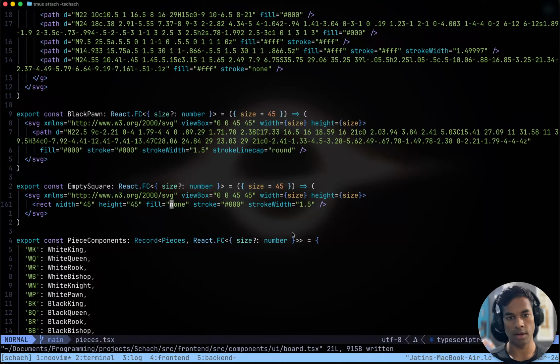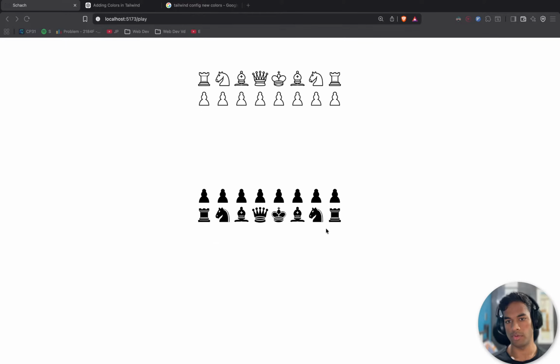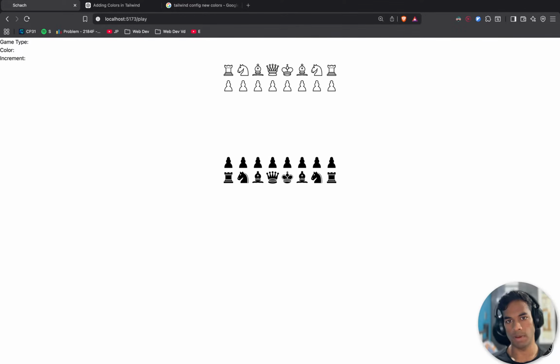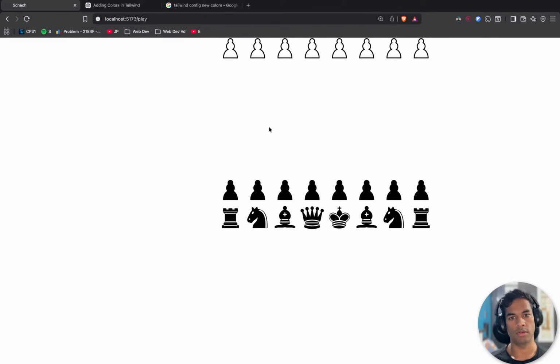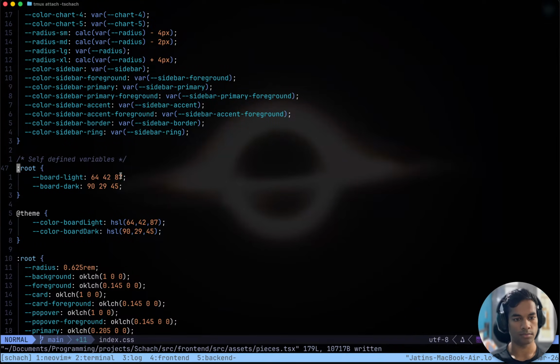Stroke fill none, stroke 0, stroke width, we can make stroke width equals 0. Cool. I think that should at least remove the lines. Yep, the lines are removed, but we do not see the colors, which is bad. We should be seeing the colors in the background.